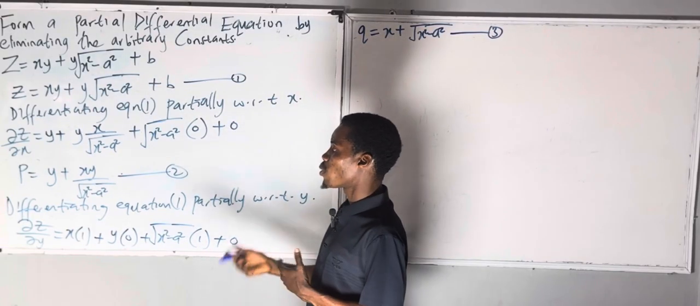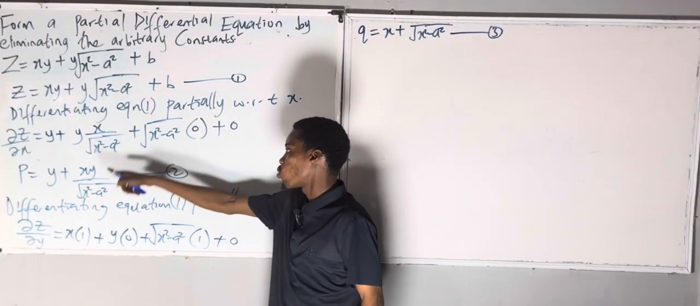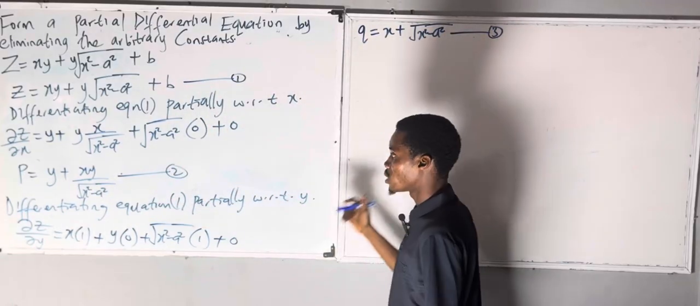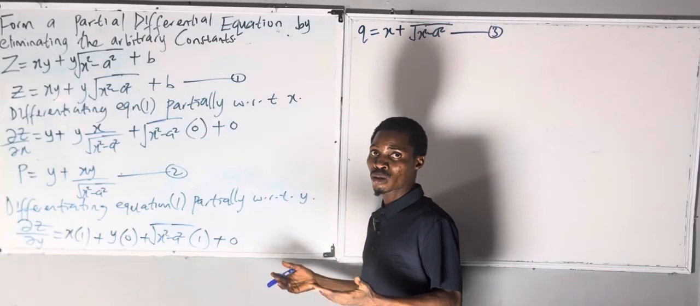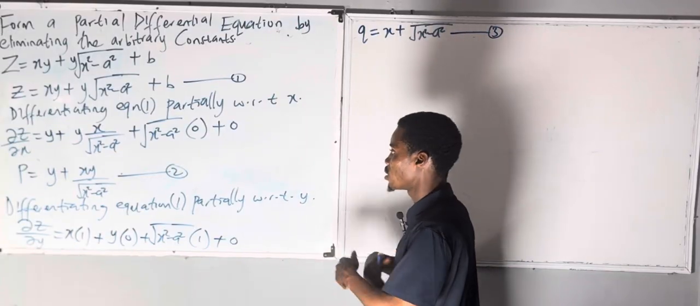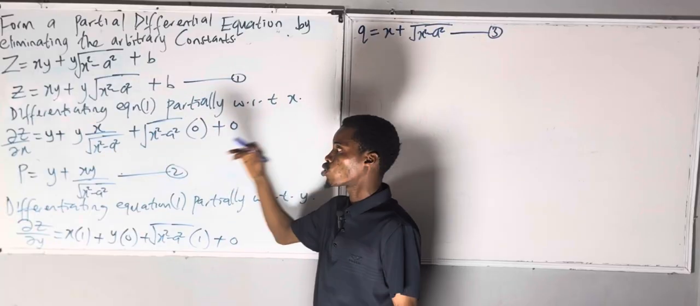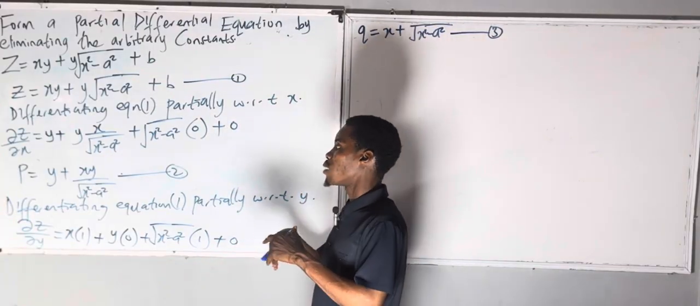So what am I going to do? I will take p and q here, because this b is nowhere to be found in p in equation 2, and it's nowhere to be found in equation 3. If I'm forming a partial differential equation, I cannot easily remove that arbitrary constant when I substitute into the given relation or equation. It means I'm going to